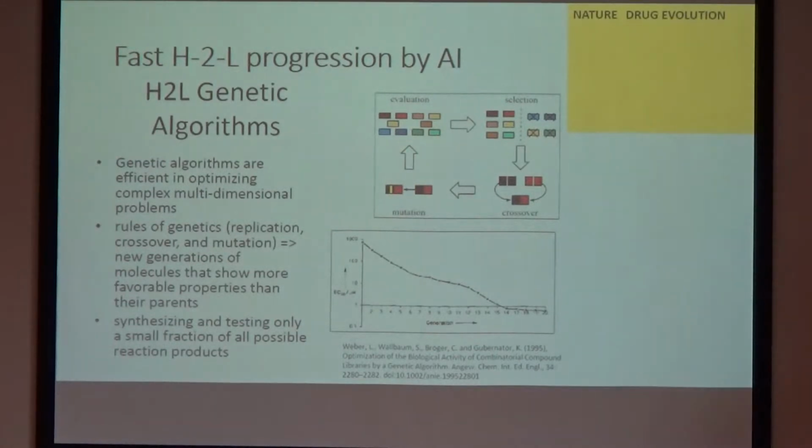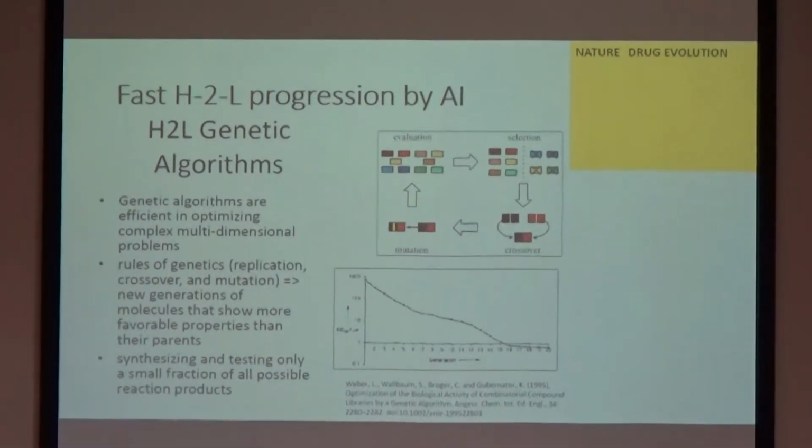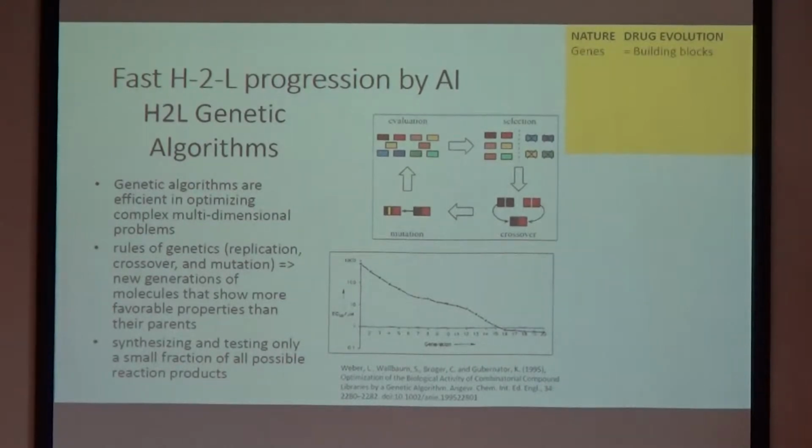Genetic algorithms are in a way close to the evolutionary process which we can see in nature, and of course we can compare nature's evolution with drug evolution using genetic algorithms, and then we can define the parallels. So for example, if you're talking about genes in nature, then in chemistry these are the building blocks for assembling different types of scaffolds, but the genes can also be the reactions. So if you have a reaction which is used to assemble a certain type of scaffold, this is also what we call a gene. The fitness is given by the screening against our physical-chemical